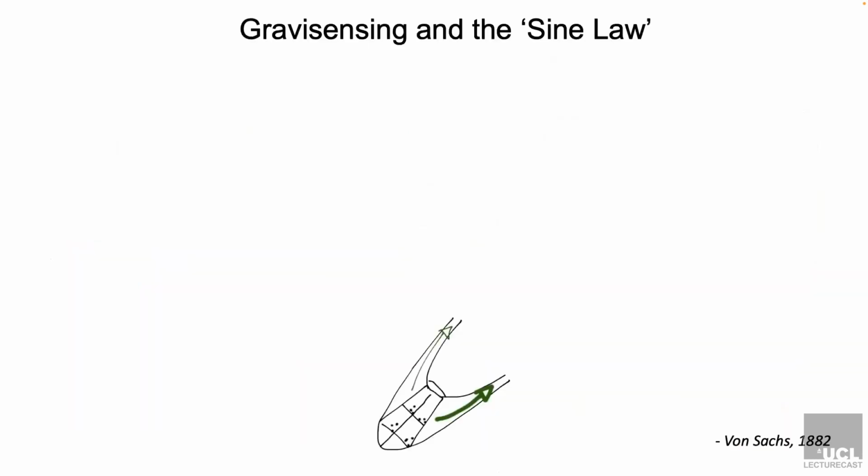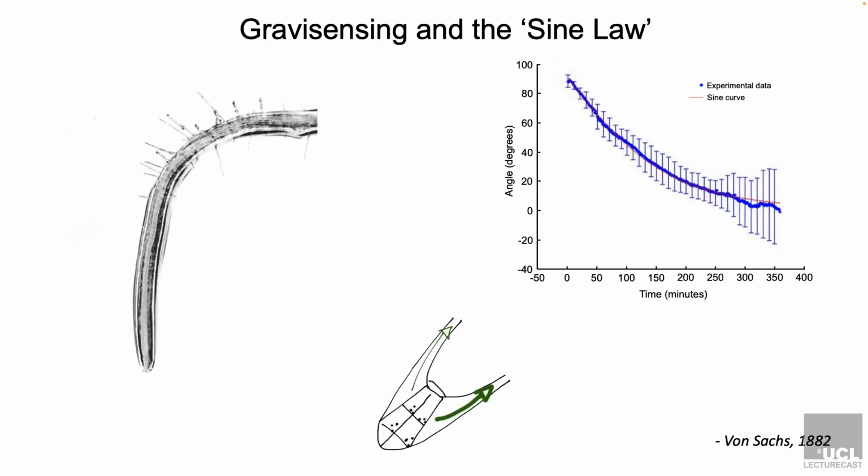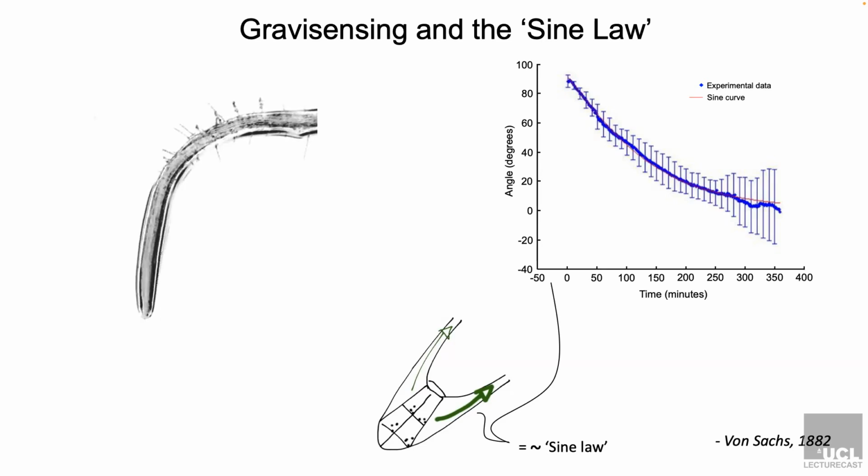So we knew, or we had a clue, that auxin was involved in the regulation of gravity response. But what other things did we already know about gravity sensing and response that we could take away and start to think about in the context of oblique impact? So what we did know is that gravity sensing follows something called the sine law. And again, here, if you look at this movie, I can play that again. Yeah, here we go. You see here, this is again a movie of a root that's been bent and it's responding to gravity. What the sine law said, and this was found by Sachs back in 1892, is that the